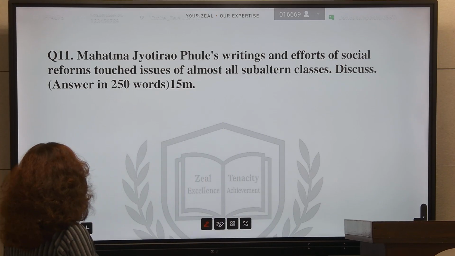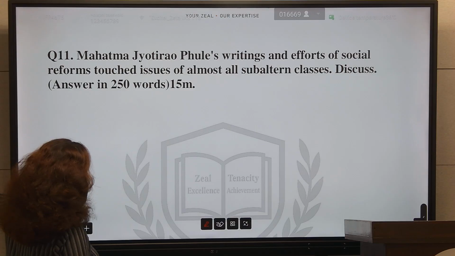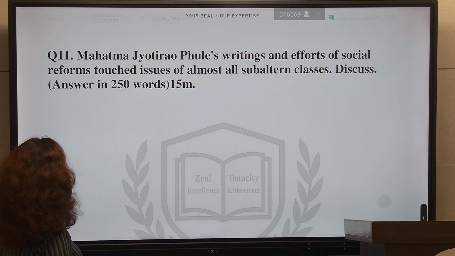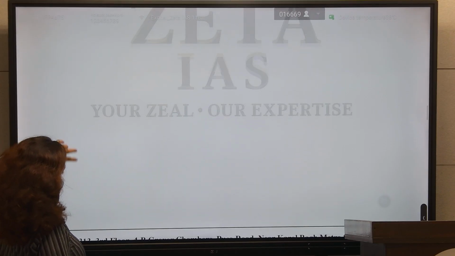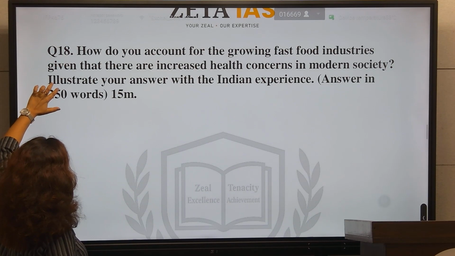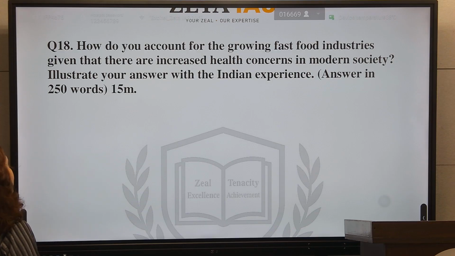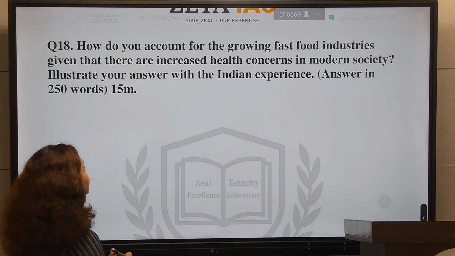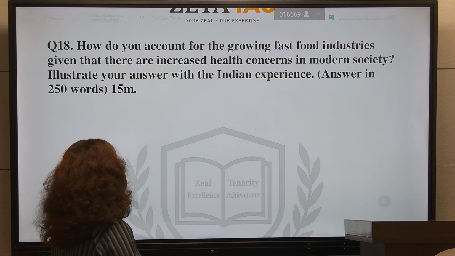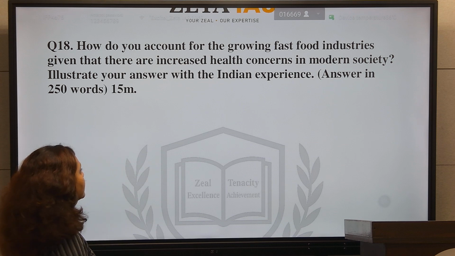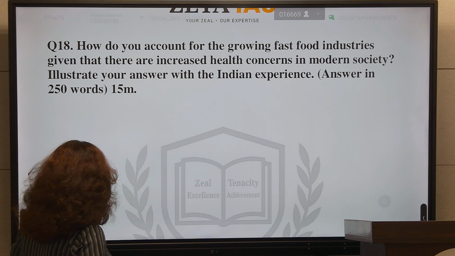And with this, we are moving to the next question. How do you account for the growing fast food industries given that there are increased health concerns in modern society? Illustrate your answer with the Indian experience. Now, before we begin,